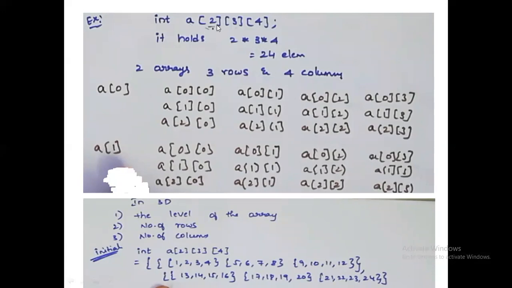That is a of 0, some x, y. These two will be some values. Initially, a of 2 means what? 0 and 1 will be the things in the first index. So a of 0 and a of 1 you can see here. Next, in a of 3, 4, I will be seeing different combinations. You can see here a of 0, 0, 0, 1, 0, 2, 0, 3, 1, 0, 1, 1, 1, 2, 1, 3. Because the third index is 4, I will be starting at 0 and ending with 3.